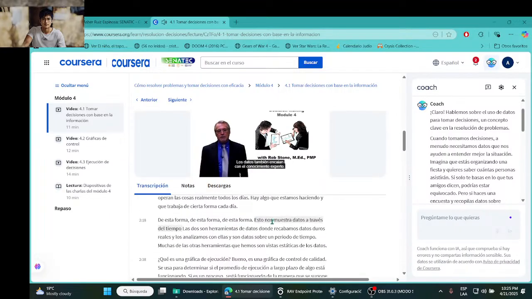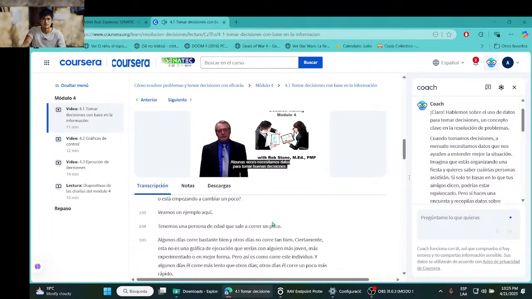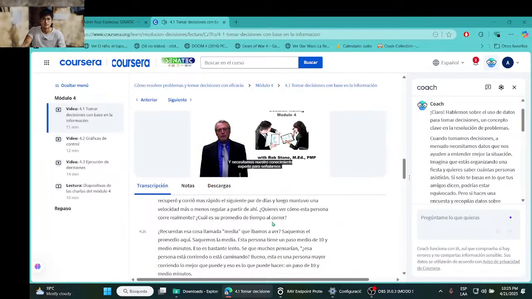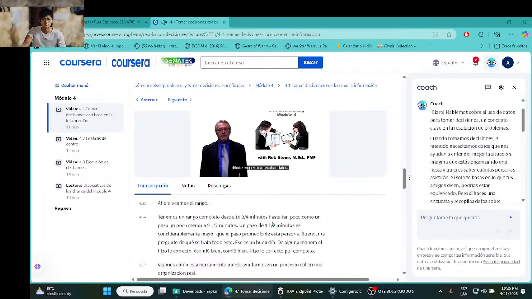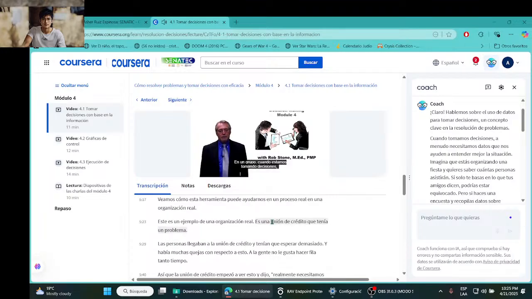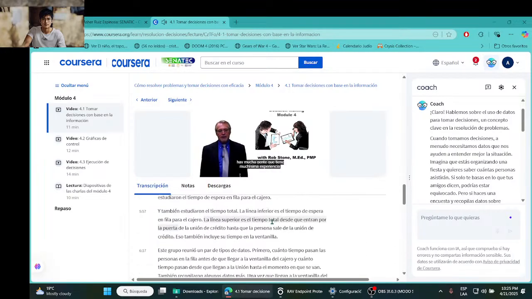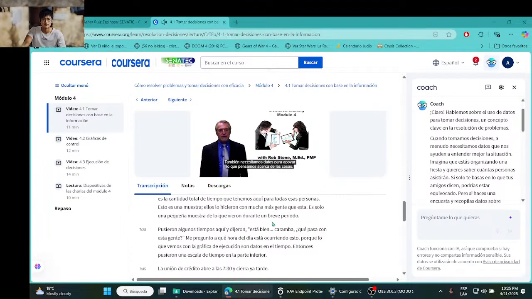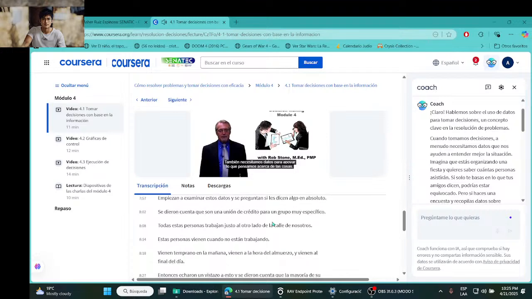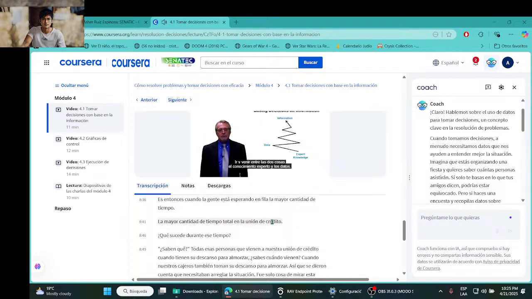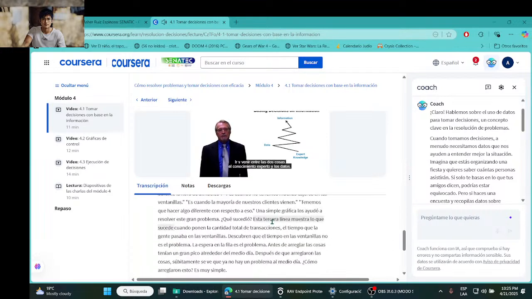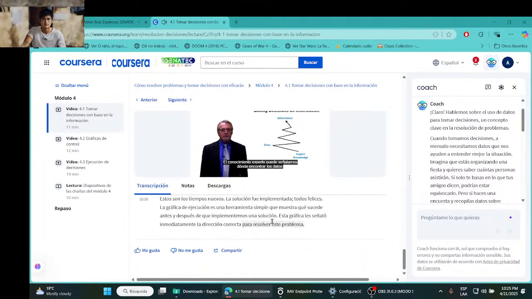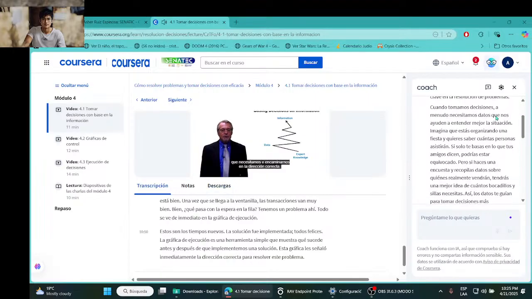Data fits in also with expert knowledge. Sometimes we need data to make good decisions, and we need our expert knowledge to point us in the right direction to even figure out where to start gathering the data. In a group, when we're making decisions, there are a lot of people sitting there that have some really good experience, a lot of expertise, and we need to draw on that. We also need to use data to support what our thinking is about things. Between the two things, expert knowledge and data, going back and forth, the expert knowledge can point us in the right way to find the data that we need.